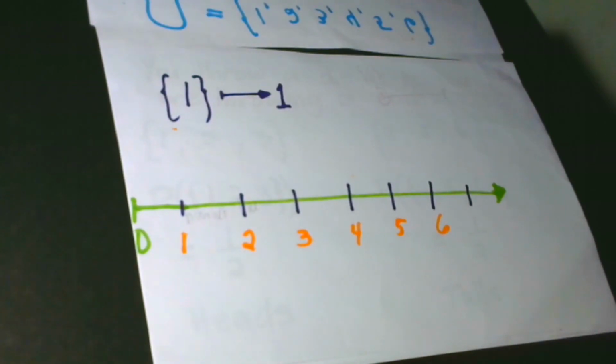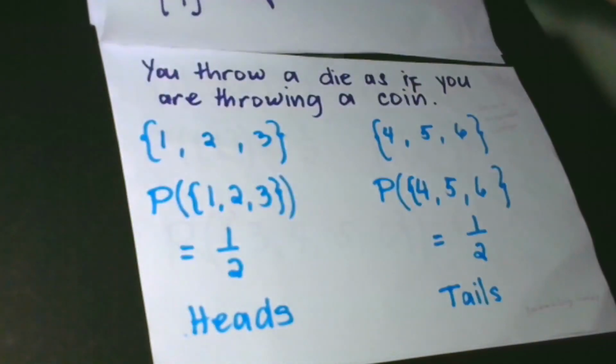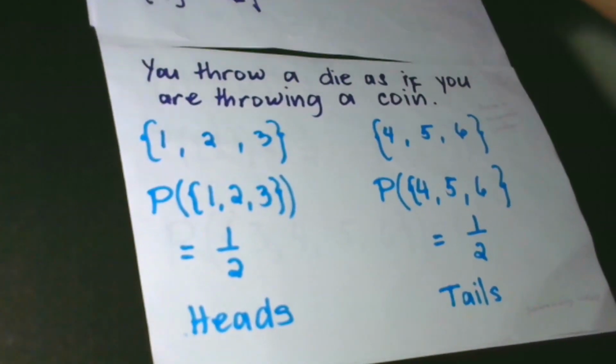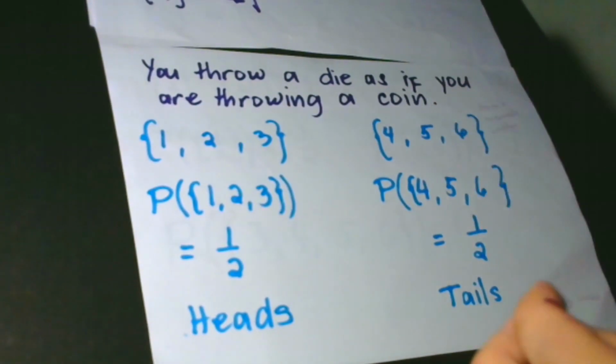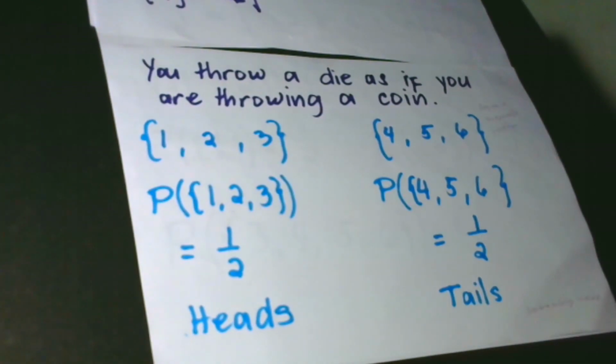So what if you go to a more challenging situation? Here we're going to make things more interesting. Suppose you are asked to construct a fair coin from a fair die. Again, we are equating a fair coin and a fair die. It means that you throw a die and record the outcomes as if you toss a fair coin. Maybe you would like to ask me, how can this be made possible? Just like what we did in the first example,